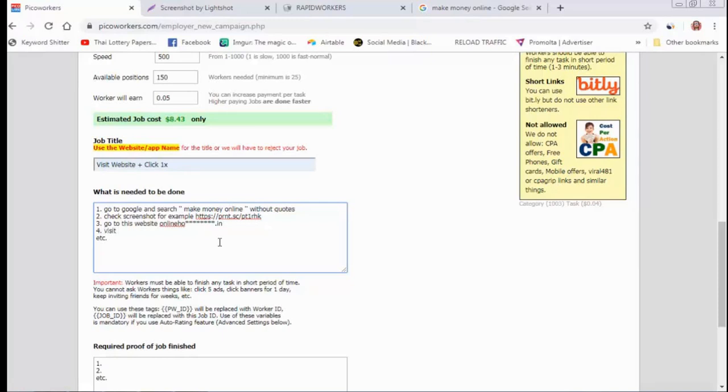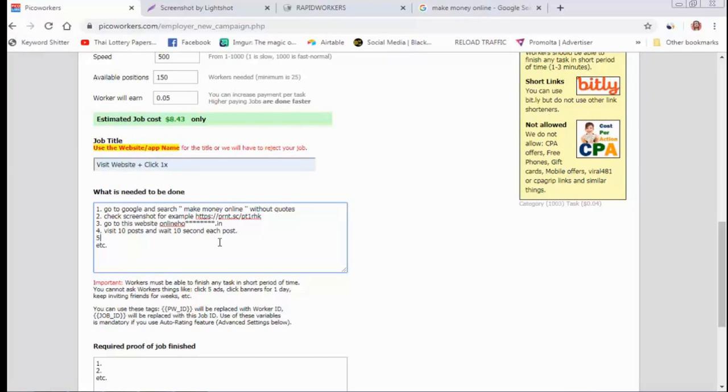visit 10 posts and wait 10 seconds each post. Okay.